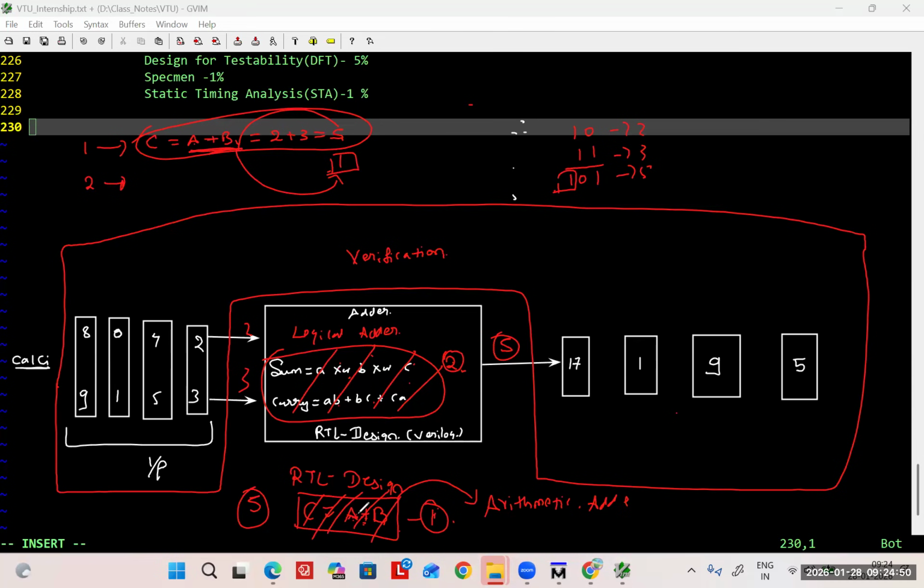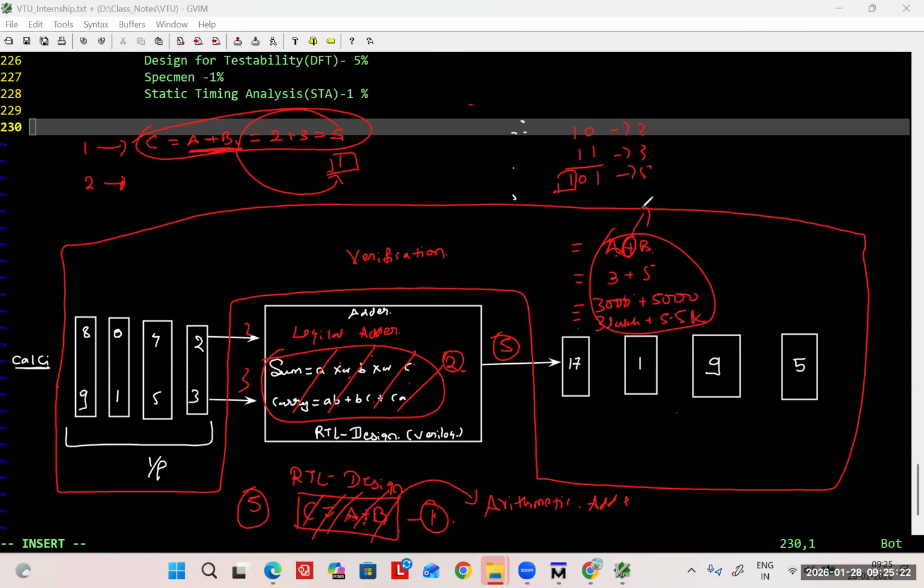Why did you do it? See, now I'll give you one small example. A plus B. Is it only 1 bit, will it do addition, or 2-bit addition? I mean 3 plus 5, will it do? Yes. 3,000 plus 5,000, will it do? Yes. 3 lakh plus 5 lakh 55,000, will it do the addition? Yes, it will do. Any limitation? Will it work on only 1 bit, only 2 bit, only 3 bit? Do you have any limitation for this